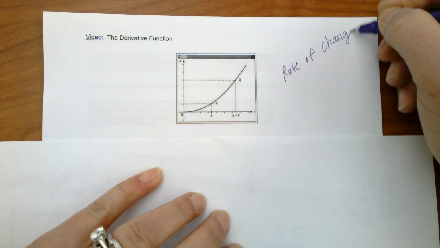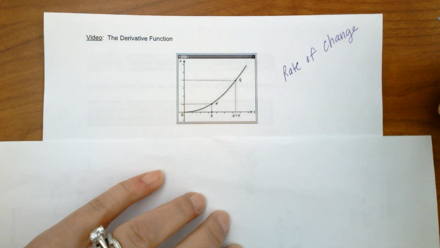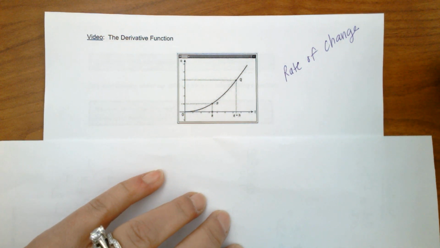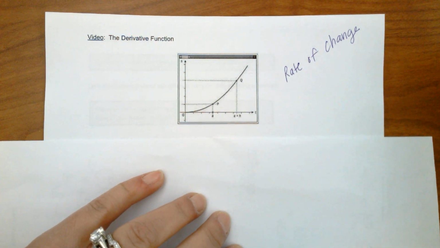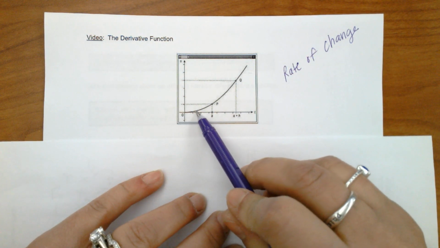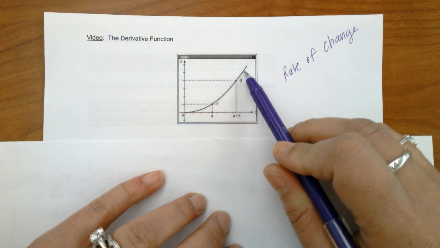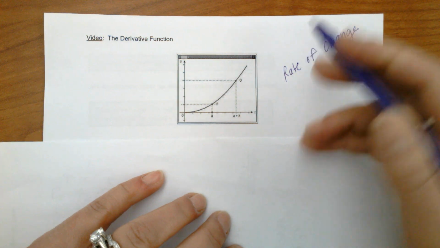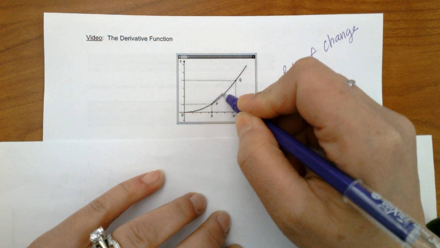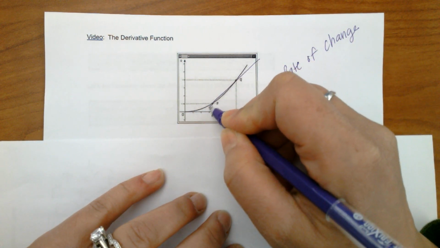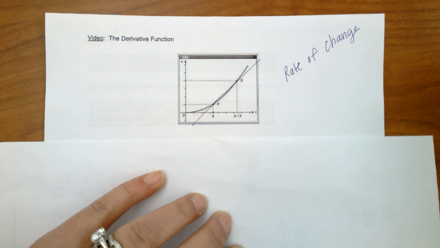Rate of change is how some variable changes over another variable. So how your number of miles traveled changes over time. That is a rate of change, the rate at which something is changing. And if we look at this curve, and we're trying to get the rate of change, we notice that it's not constant. If it was constant, it would be a nice straight line